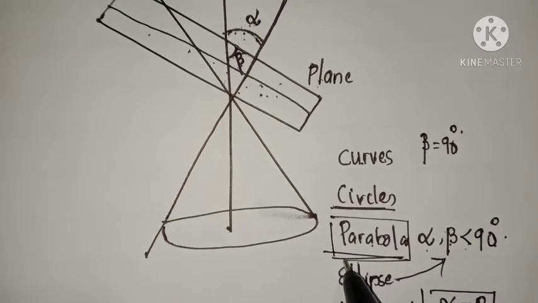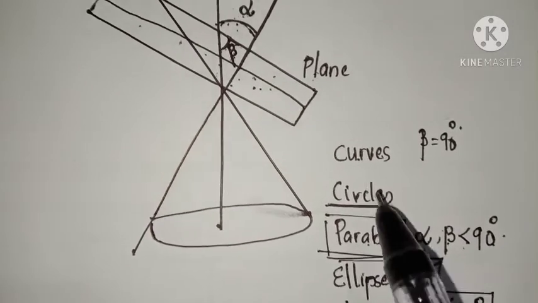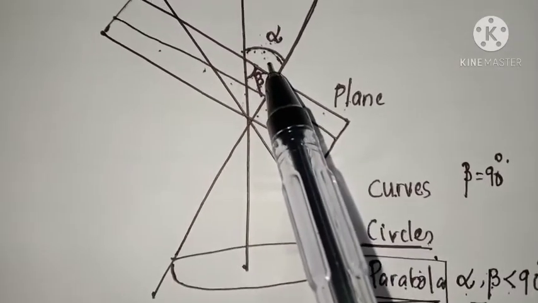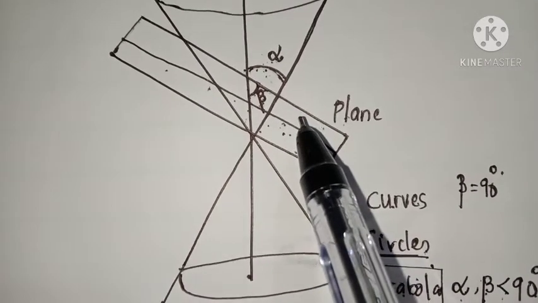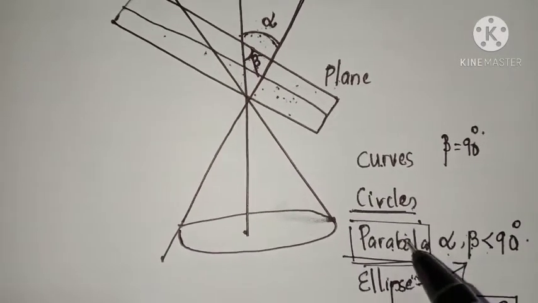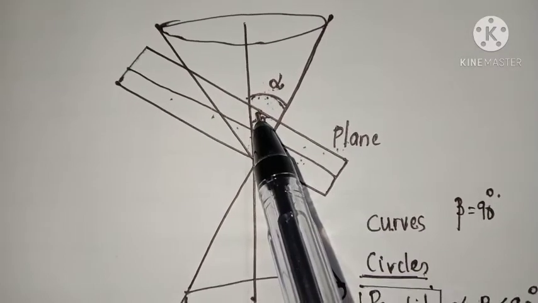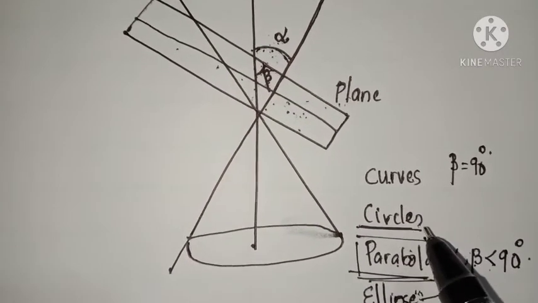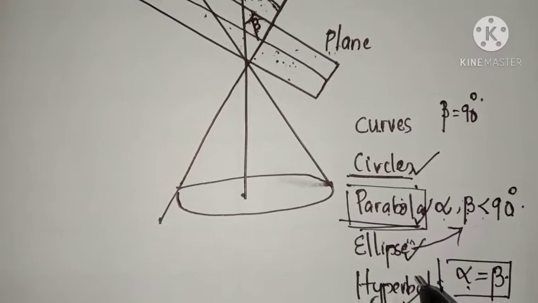So listen, circles, parabola and ellipse are the main curves formed by the intersection of a plane and the right circular cone. Once again, I remind you to go through the YouTube video where a 3D animation is given, so you can easily identify how these curves are formed by the plane with respect to the given right circular cone. Anyway, you have to learn by heart the circles, parabola, ellipse and hyperbola and their standard equations.